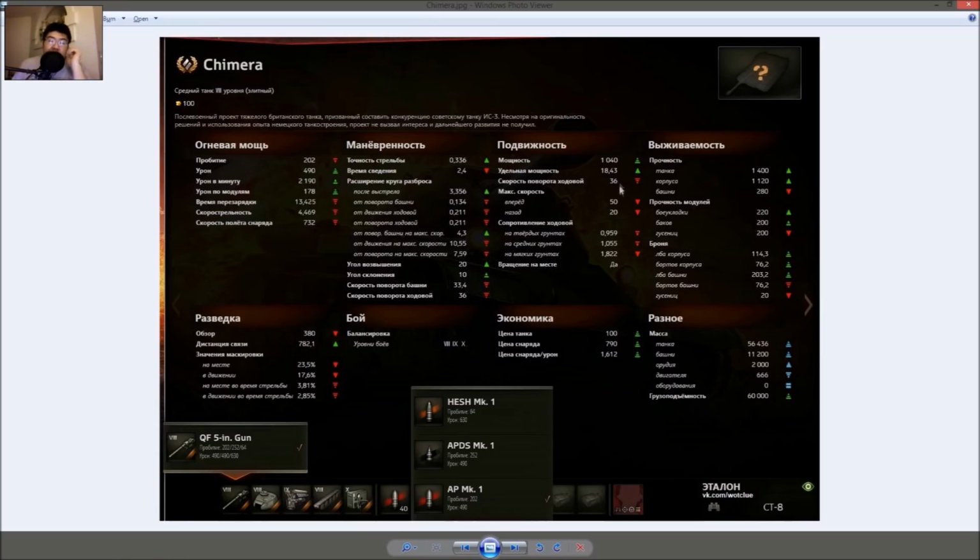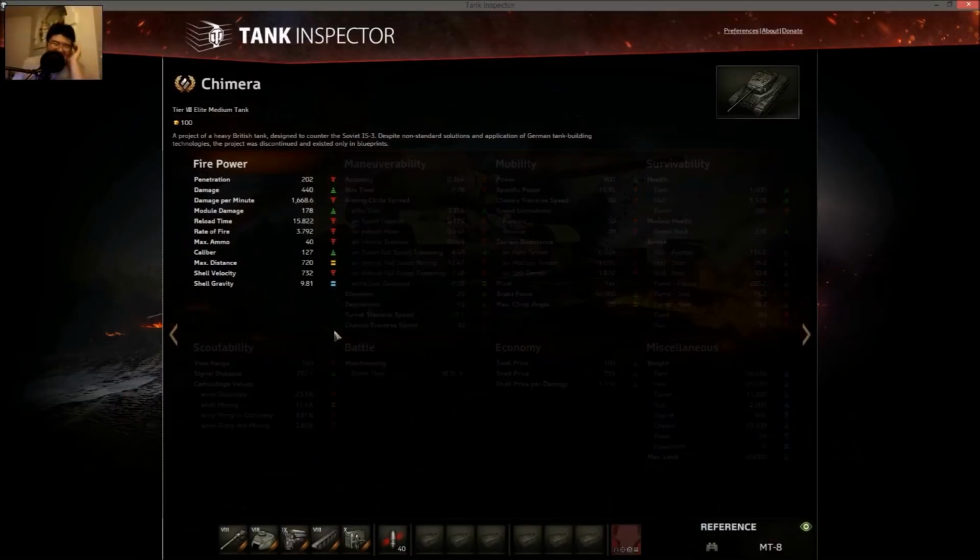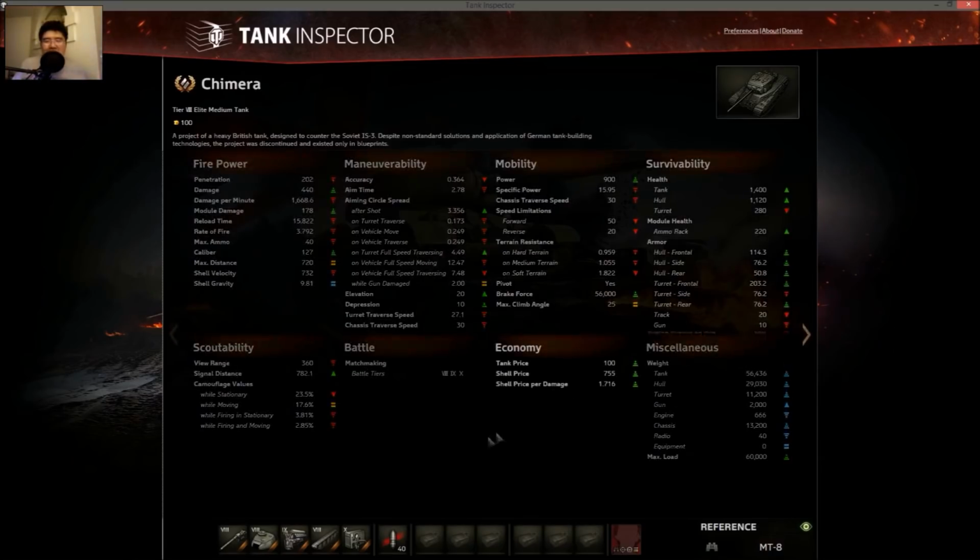But it's still relatively mobile with 18 horsepower per ton ratio. Sure, the terrain resistance is crap, but it's offset by the pretty decent horsepower per ton over the terrain resistance, so give or take. And the view range is not bad. It's like a Mutz or Panzer 58, but they nerfed it. They nerfed it to crap. So is this vehicle worth it? Well,